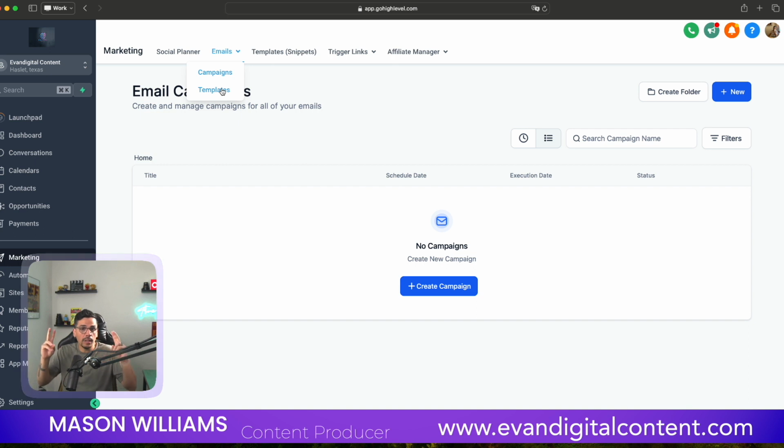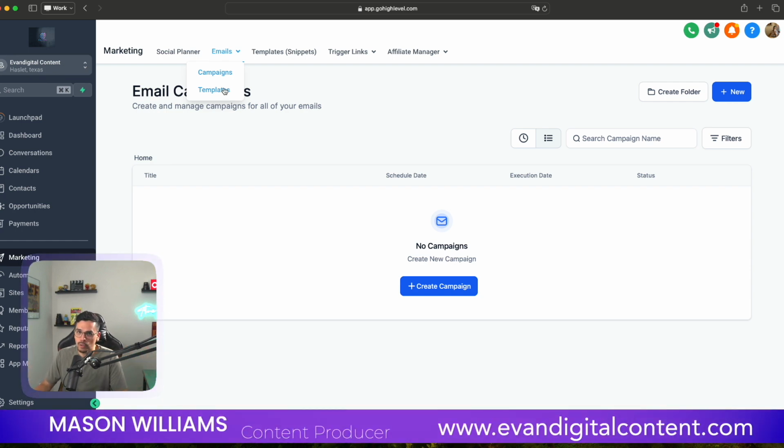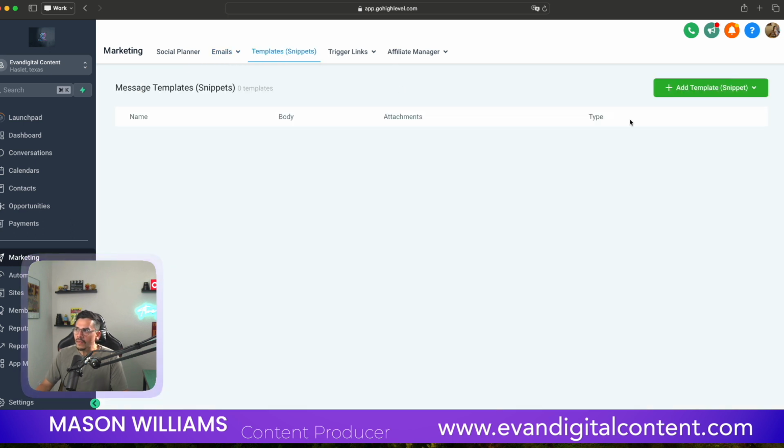You can build email templates, and then you can send those email templates out in a campaign if you want to do more than just one person. Basically, the campaigns is the sending, the intentional sending of emails, and templates is just building cool looking emails, or maybe very simple looking emails. Whatever it is you're going for, you can do that here. Okay. And then in here they have templates as well. I haven't played around with this too much. So I'm sorry, but I'm not going to cover that too much because I don't want to say the wrong thing about it. I think I haven't had need for it,